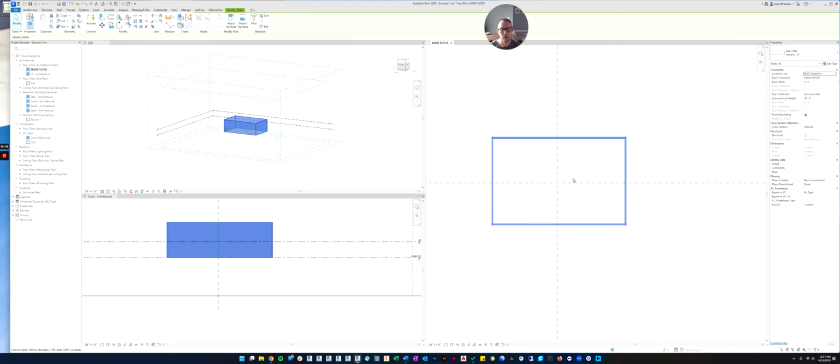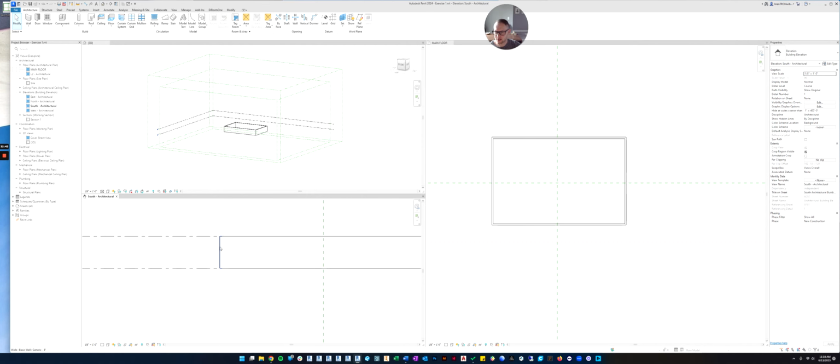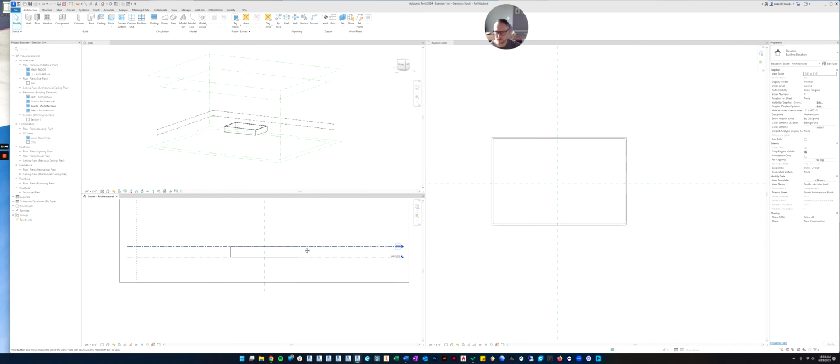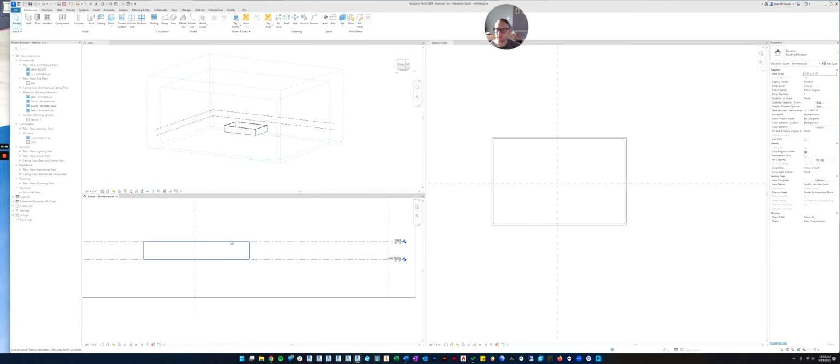Let's get back to what we were talking about. Let's associate the top constraint with the roof level. So if I select them all at once, I can change all of those walls at once. So now I'm going to come over here to top constraint and change it to roof level. And now if I look in my elevation, you can see the walls are now back down to the roof level. And again, if I change it to 10 feet high, it changes all 4 of my walls.